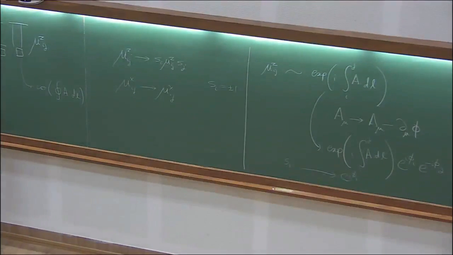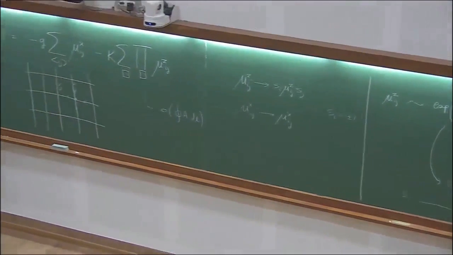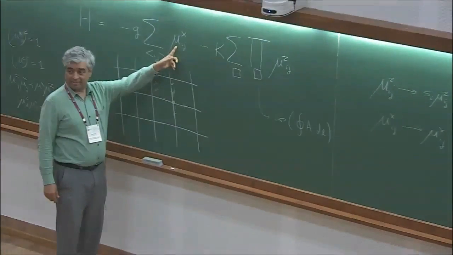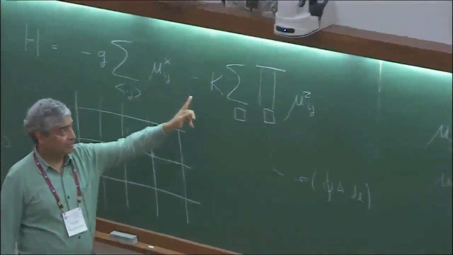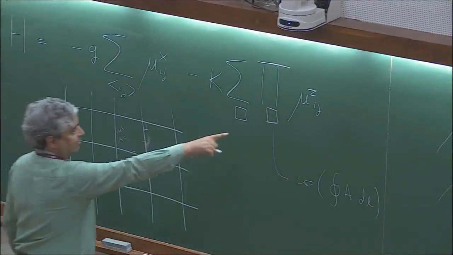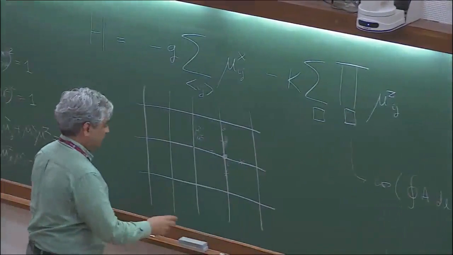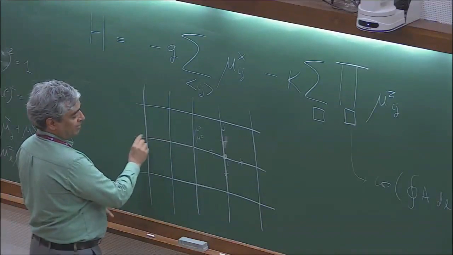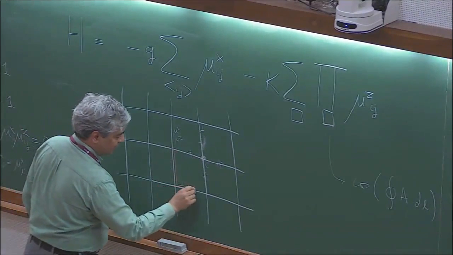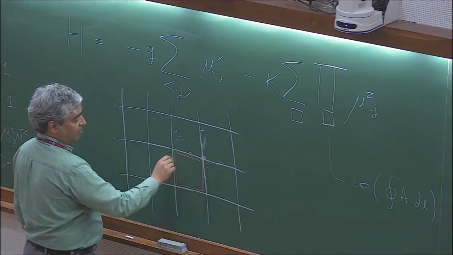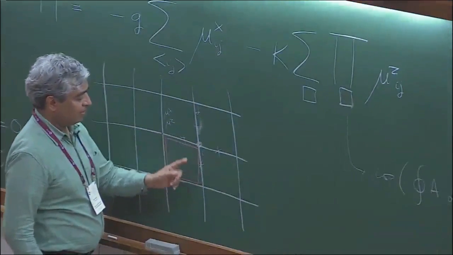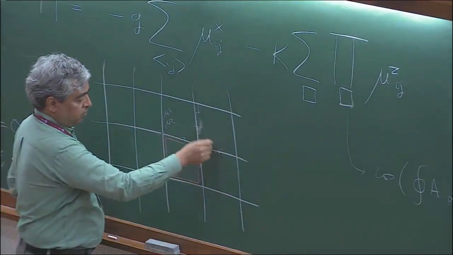And that commutes with both terms. And why does it commute? Well, obviously it commutes because mu x commutes with itself. Okay, how does it commute with this? Well, you can see, if this plaquette, this is an actual plaquette, is somewhere out here, no big deal, these commute. But you have to put it somewhere down here. So you take this plaquette some more. So I have the product of mu z over here on this plaquette, and G I is the product of mu x on these 4 points.